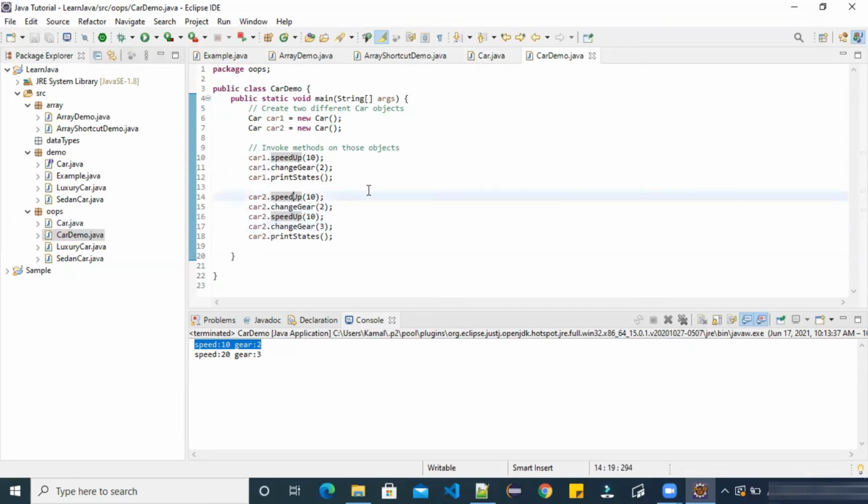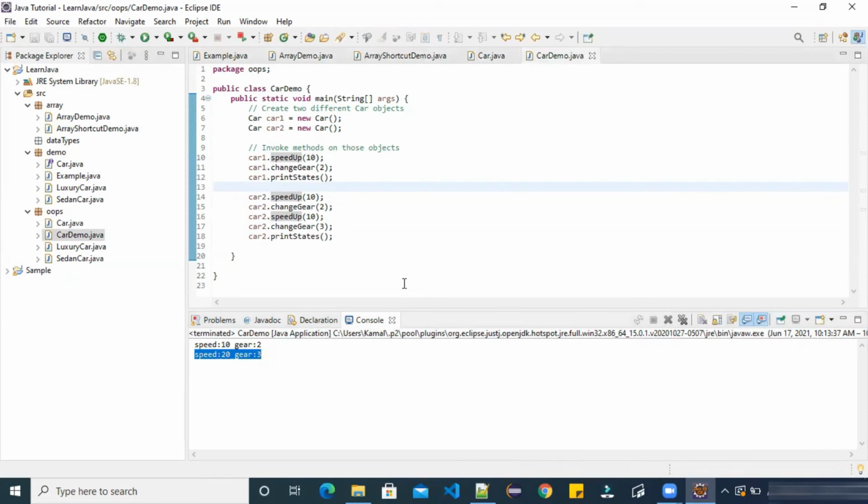Although I have already printed it, you should think before seeing the output. Here speed is 20 and gear is 3. This is expected because we have applied speedUp twice.